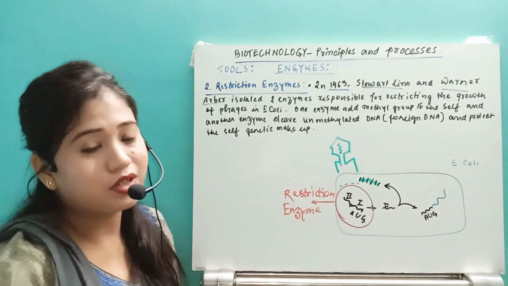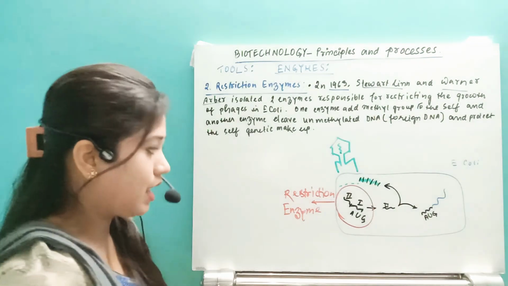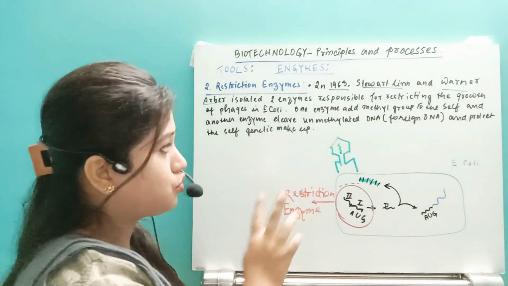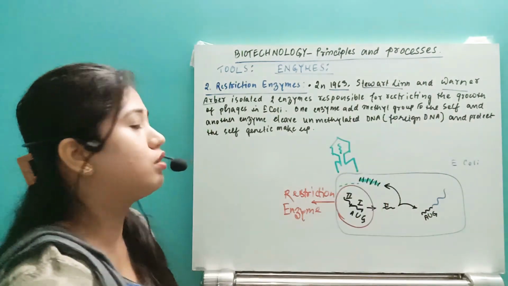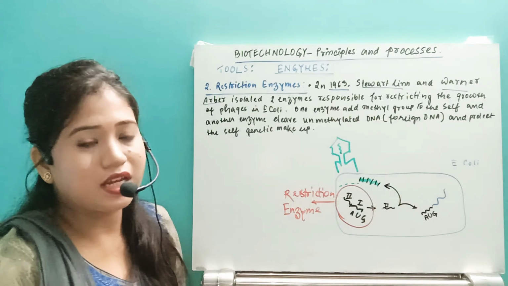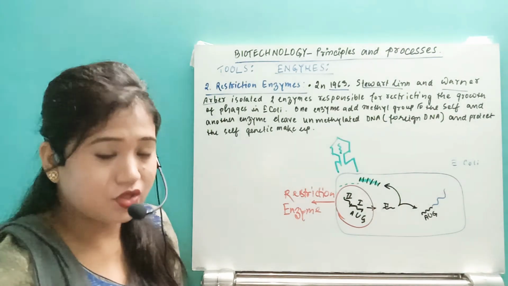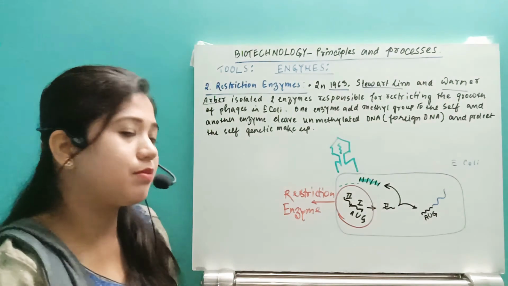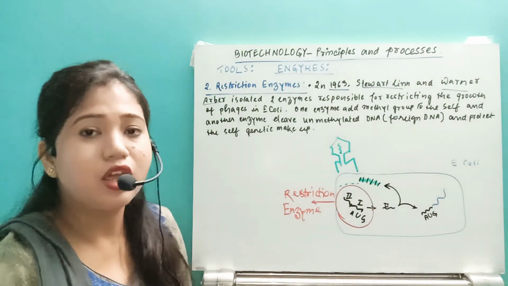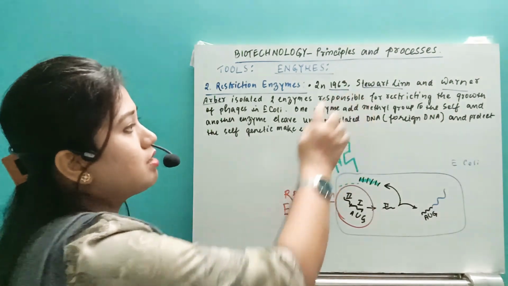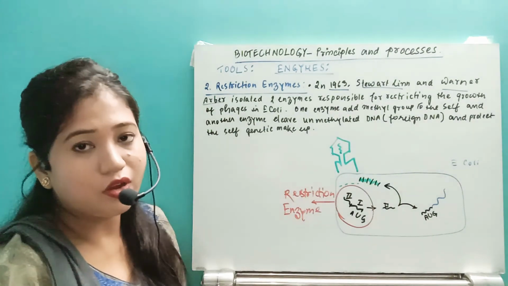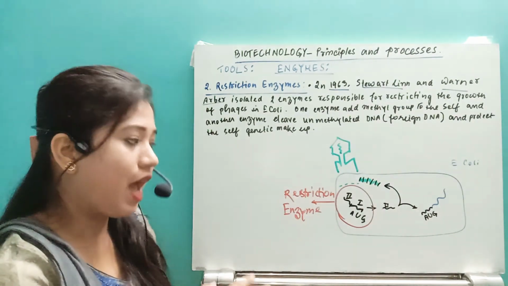And who discovered these restriction enzymes? Two scientists, Stewart Lee and Werner Arber. Modern biotechnology is based on the restriction enzyme, which is why these two scientists' names are very, very important. You have to remember the scientists' names also, that is Stewart Lee and Werner Arber, and along with that